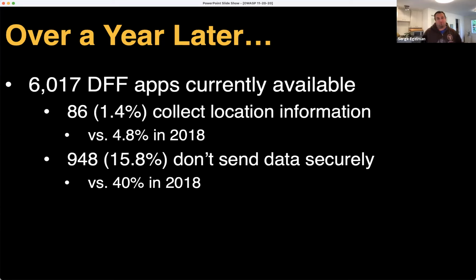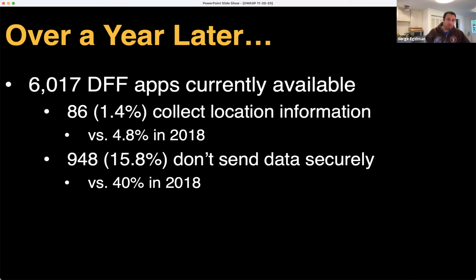It's easy to see how a lot of developers might miss this documentation and inadvertently misconfigure their apps. So we remeasured this about 18 months later. We found that, now that there's been attention to this issue, both through some of the policy changes at Google, as well as SDKs starting to be a little bit more proactive and make it easier to signal compliance obligations to developers, there's been improvement.